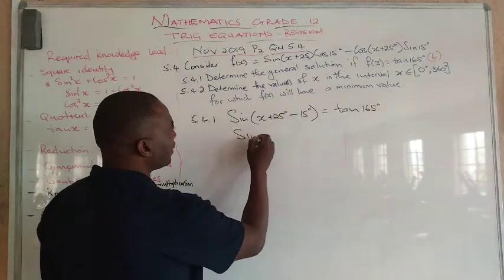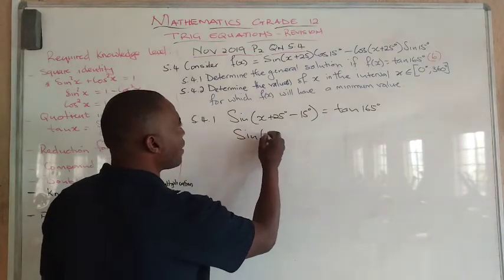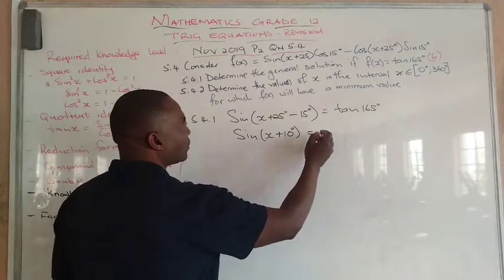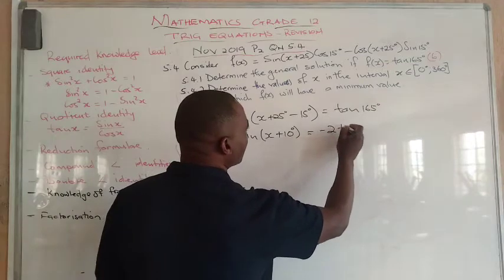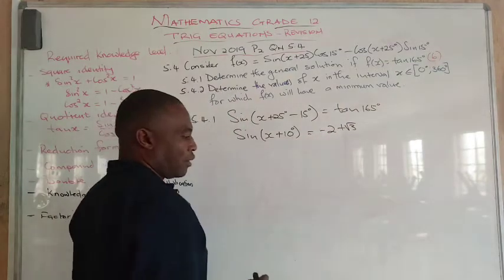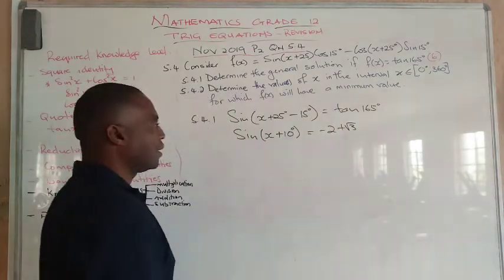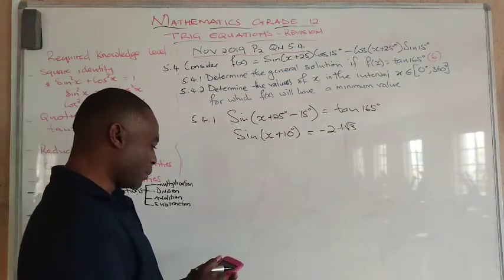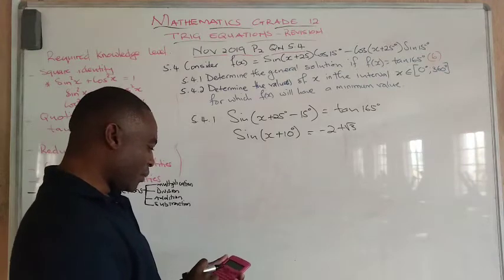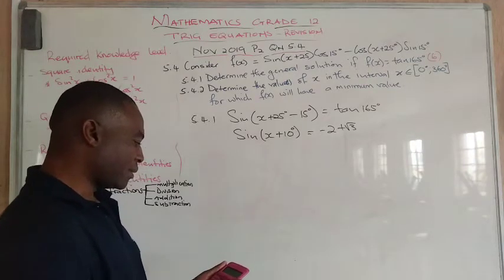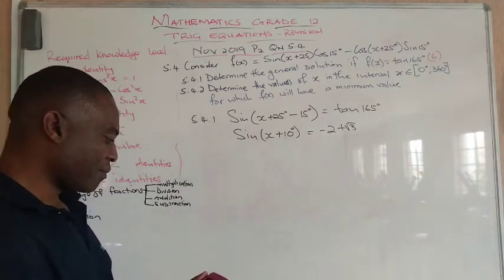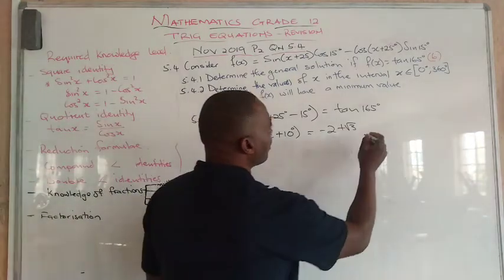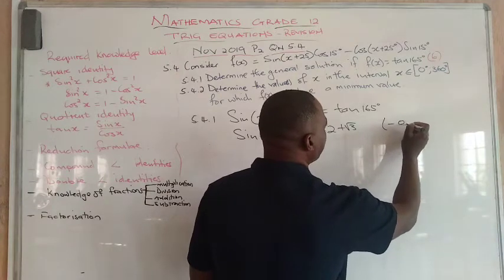Simplifying this, it's sine(x + 10 degrees) is equal to negative 2 plus root 3, of which please check if this will be positive or negative, because it's very important when determining the quadrants. And you can see from the calculator that this is negative